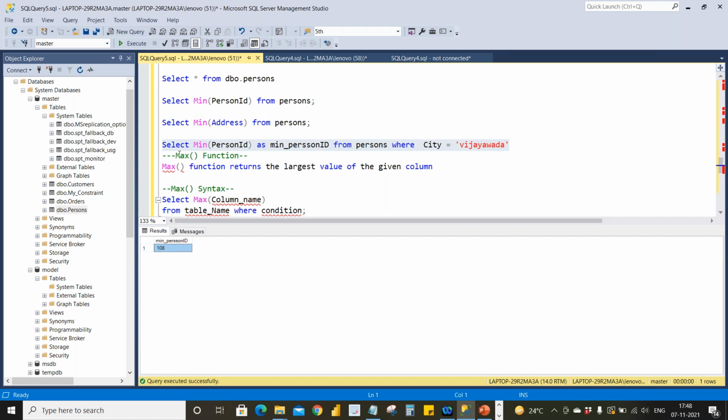As is an alias name. If you don't give it also, it will run. It's not a mandatory field. When you are running this, you will get the result, but your column will be displayed as no column name. If you want to give some column name to this, then you mention AS and some column name over here. It's a temporary column name for this execution. So if you execute it, you will get the name. You can change it also. You can give largest value, small, any name, whichever you feel.